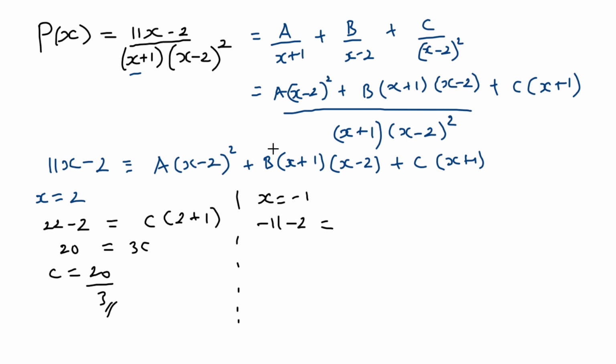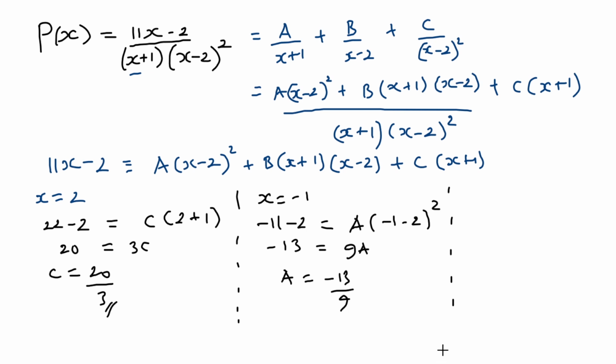So we remain with this, since this and this go. So we remain with a into -1 minus 2 squared, and this is -13 equals 2. This is 9a. So it means our a will be equal to -13 over 9. And lastly,